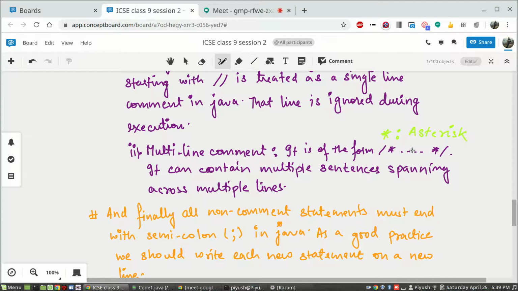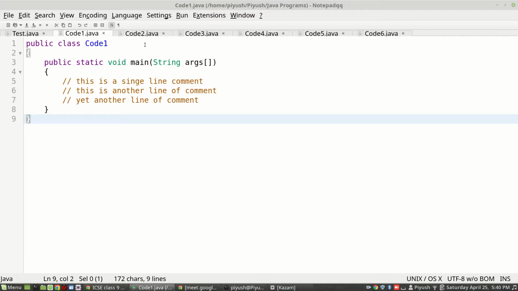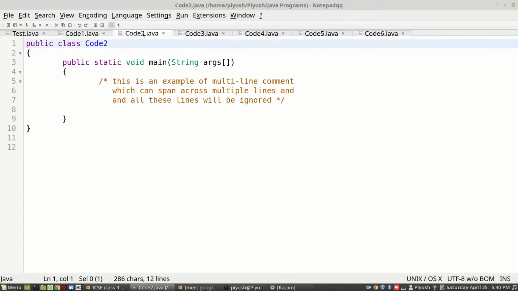Then you write whatever lines you have, your paragraph, and then you close it with an asterisk followed by a forward slash. Whatever is enclosed within the opening symbols and closing symbols, that entire thing will be ignored by Java. Let us observe. In this program, our coding section has 3-4 lines written.